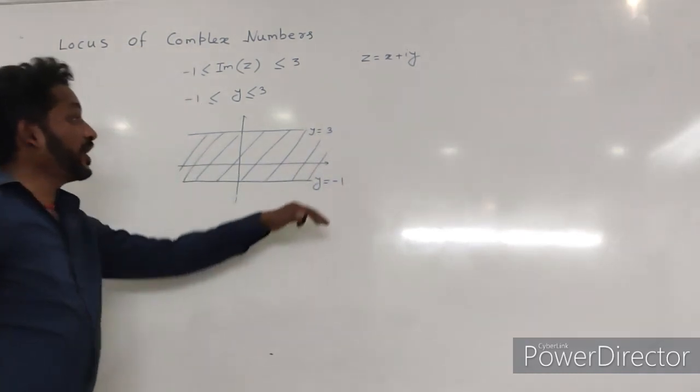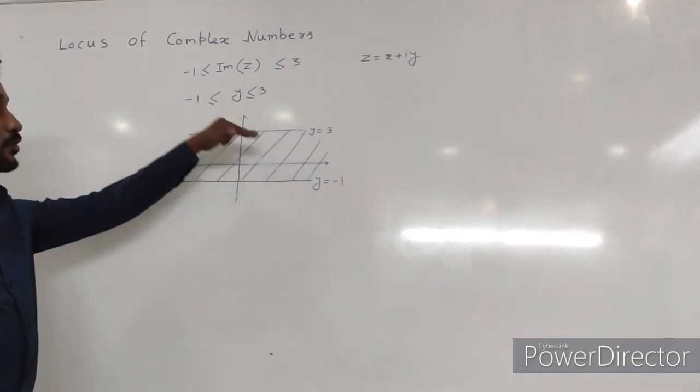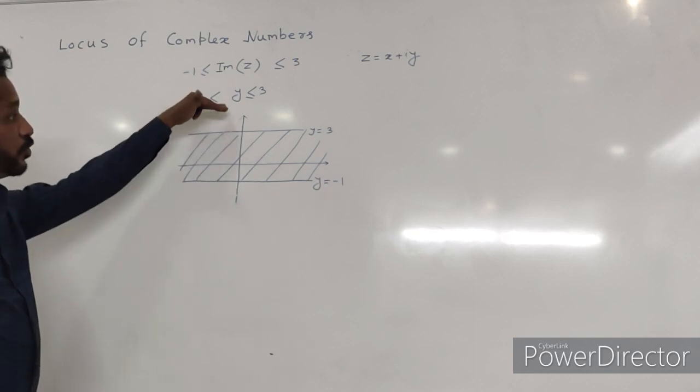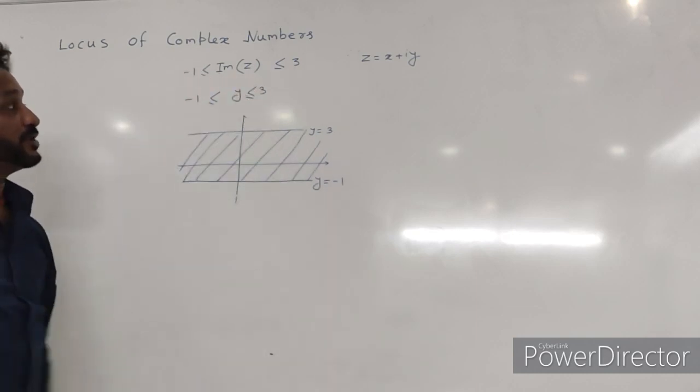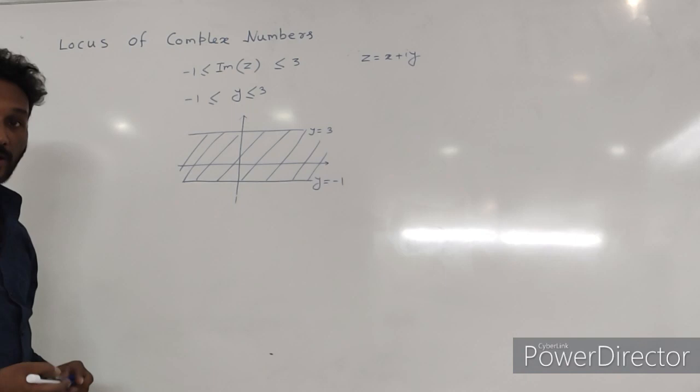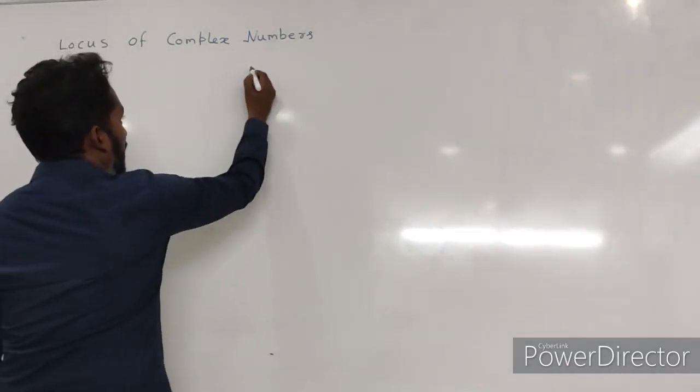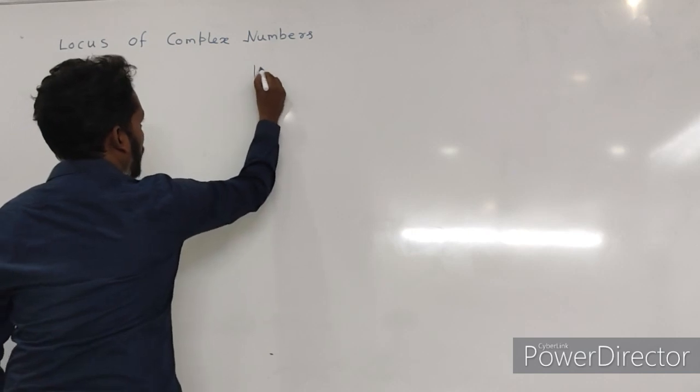तो -1 और 3 के बीच में y इक्वल टू -1 और y इक्वल टू 3 के बीच में जो एरिया है उसी को हम लोग को शेड करना पड़ेगा. That will give us the locus of this equation. Imaginary part of z is lying between -1 and 3. Now suppose we need to find out the locus for